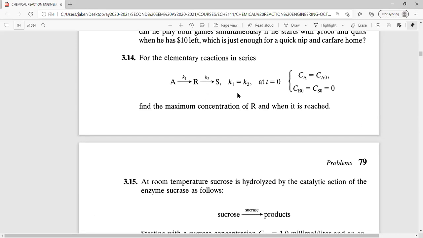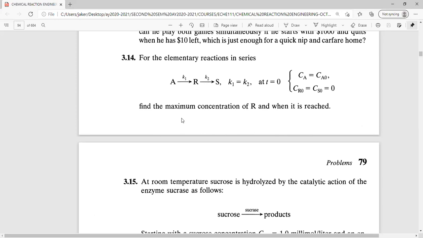Now, in this case, the two rate constants are said to be equal, and at time equal to 0, there is no presence of the intermediate R and final product S. At this condition, at time equal to 0, we have the initial concentration of A being presented as C_A0. For this same problem, the requirement is the same as the formula that was presented in the book. It's asking for the maximum concentration of R, that is the intermediate,